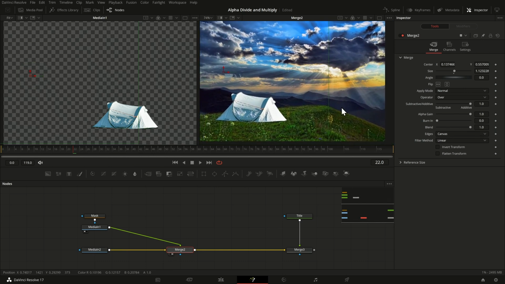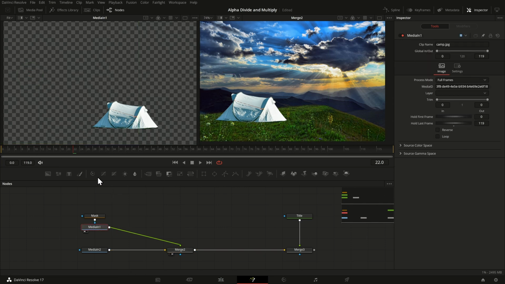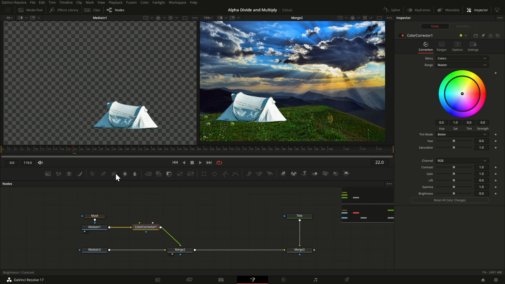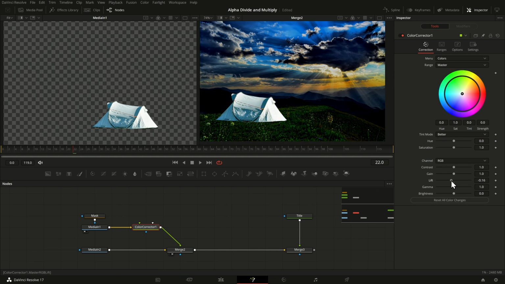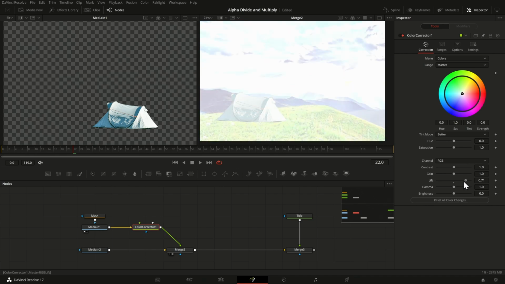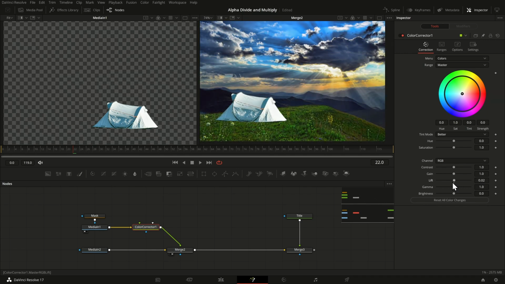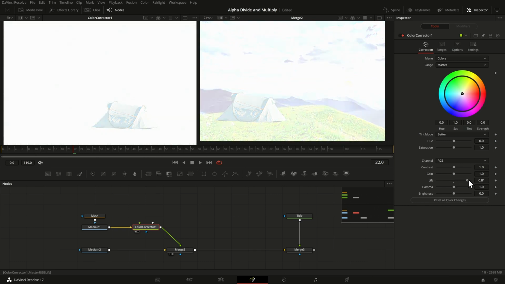And then you may say, okay, looks fine, but the colors aren't matching, and you start doing color corrections of any type. Let me bring in a simple color corrector, and any of the color tools will do for the demonstration. Depending on what operations you do, you may see some problems, or it may look fine if you just start correcting. For example, if I do some hue changes, probably I don't see any issue right away. But if I do a change on the lift, you see that suddenly the background gets impacted seemingly. Let's bring the color corrector on the left viewer, and then you see that if I bring the lift up, I'm getting white values here despite the transparency.